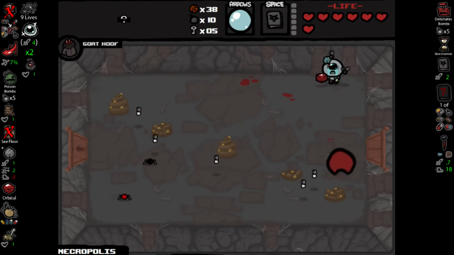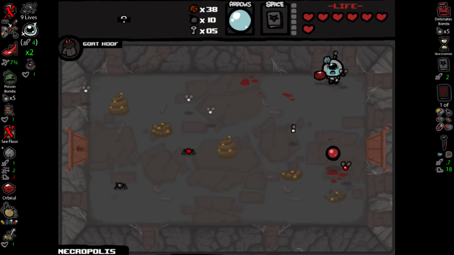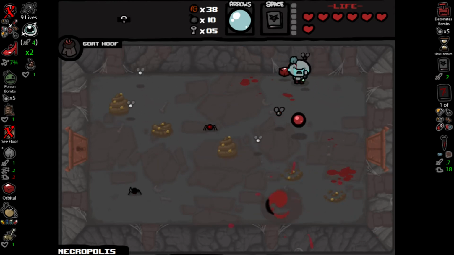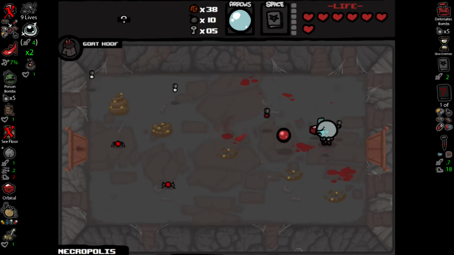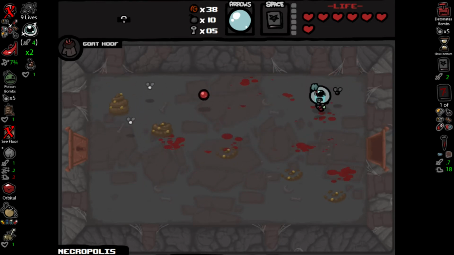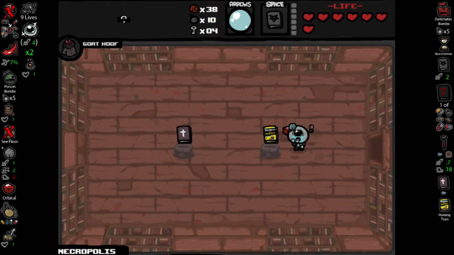This room is not very nice. But since I've got time, and those spiders aren't coming anywhere near me just yet, I'm just going to clear out the poop and the neutral flies, because I don't want to have to deal with them. Polyphemus was a good find. Definitely hasn't won us the run yet. Our damage still isn't... Okay,